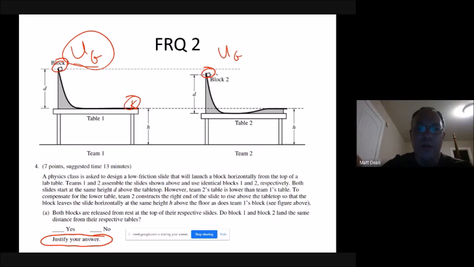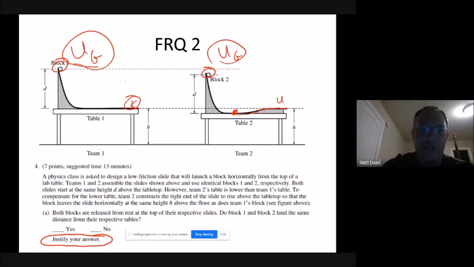In block 2, at this point, that would probably be true. All of the potential energy is kinetic. But now it goes up another incline. So some of that kinetic is getting converted back into potential. What I'm trying to tell you here is